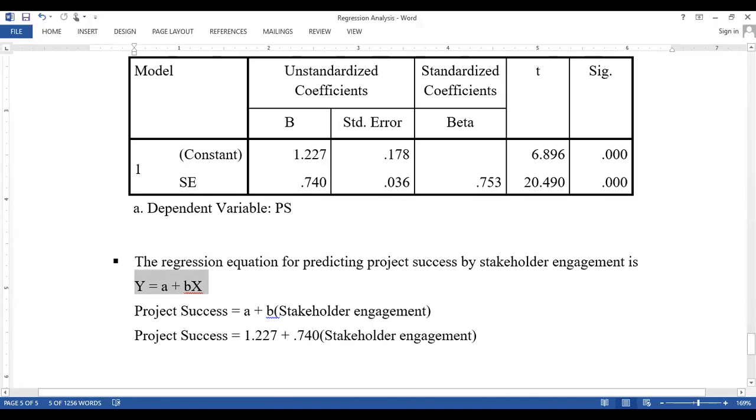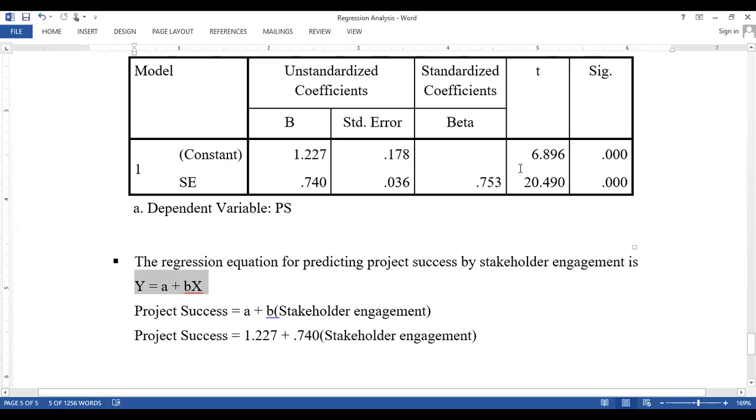Secondly, a reflects the beta value of our dependent variable, and b reflects the beta value of our independent variable. The capital X denotes our independent variable, which in our case is stakeholder engagement.